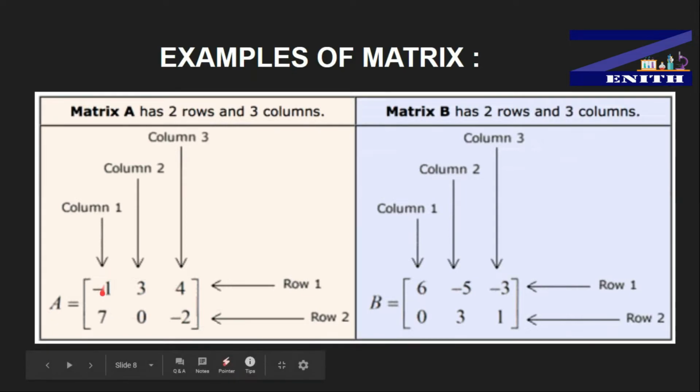And if you see the vertical lines, vertical line number 1, this one 2, and this one 3, these three lines are nothing but column 1, column 2, and column 3. This was the example of matrix A. And I think now you are crystal clear about matrix B. It is similar to matrix A. You are also seeing two horizontal lines, called row 1 and row 2, and three vertical lines, column 1, column 2, and column 3.